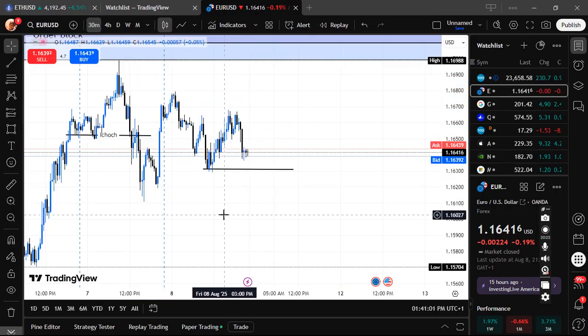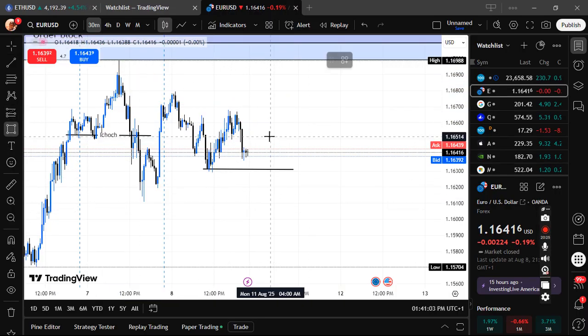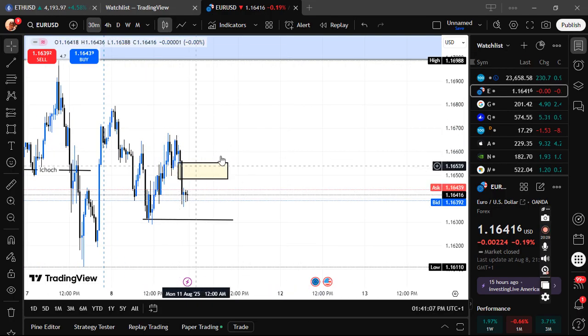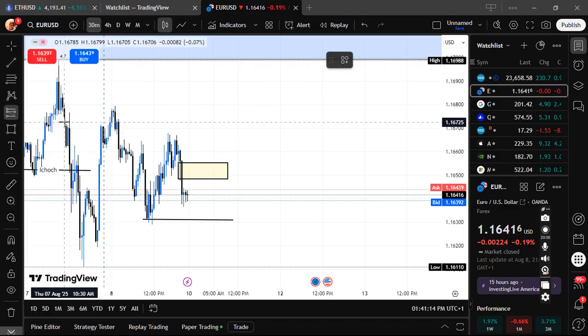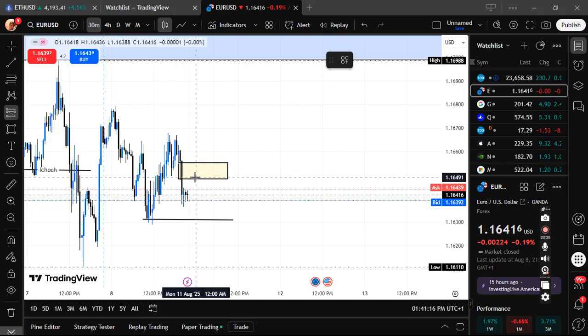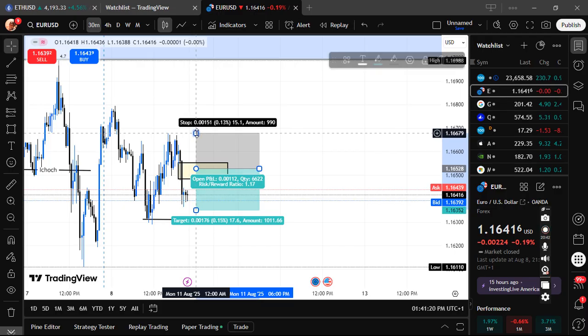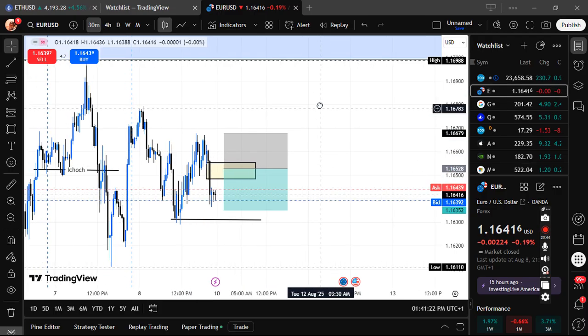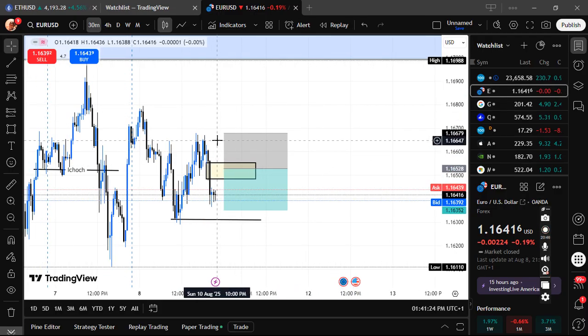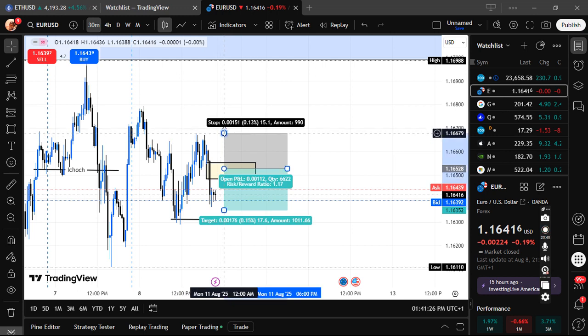I'll be waiting for a retracement back to this. Then my entry will be at this particular level, and my SL would be at this level. Or I could also make my SL bigger like this, but no, I want proper